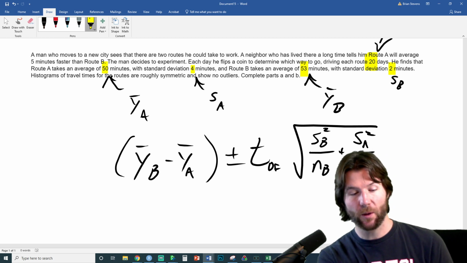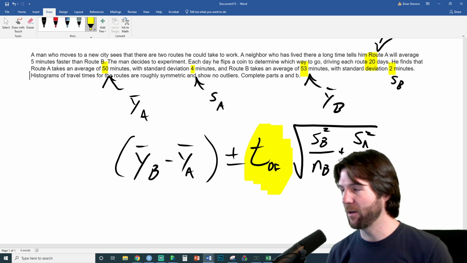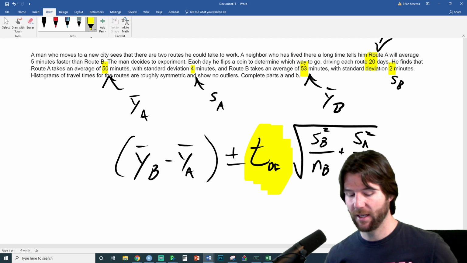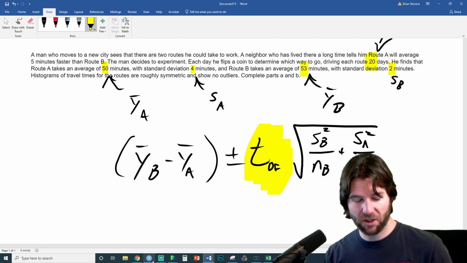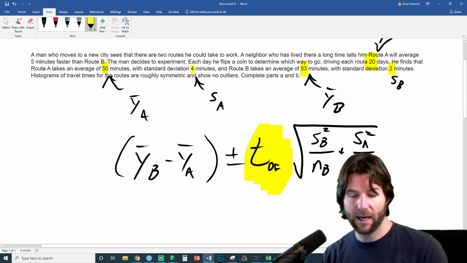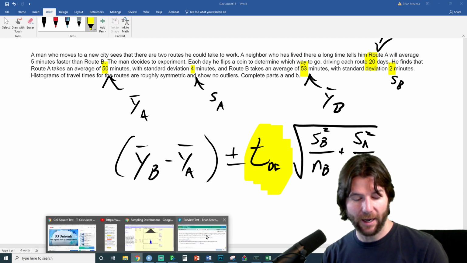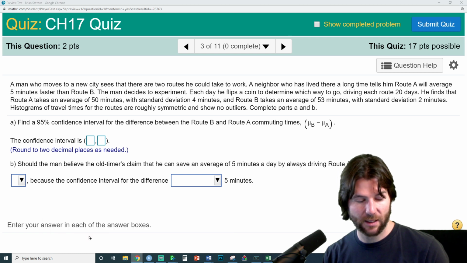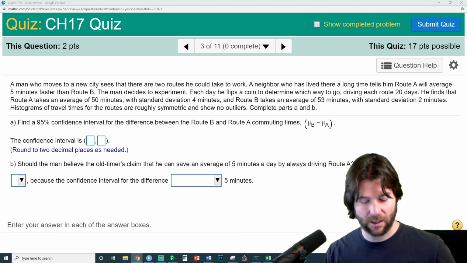But here's where people always ask, how do you get this? What do I need to find to get this right here? Someone tell me in the chat, help me out. Brian, what do you need to find to get this t right here? To get that t, I have to use the what? What would I go and find to get that t?